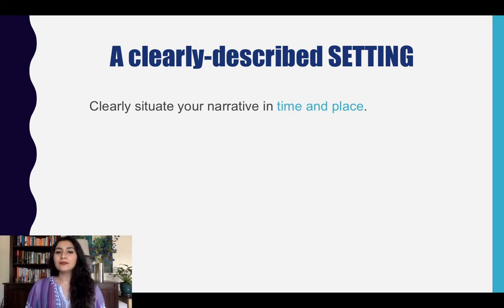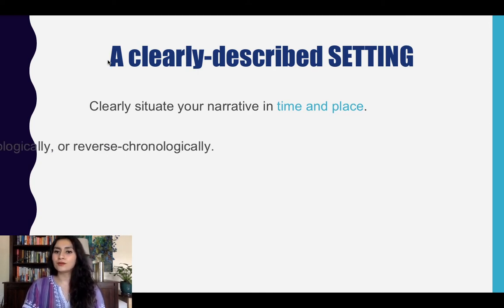Now, remember that you could be writing your story, an essay about a contemporary American event set in a contemporary American place. But again, you might be writing about the future. You might be setting your story on a planet in 2050 that has been colonized by humans and terraformed. You might also be writing about a time traveler who goes back in time and finds himself in the Cretaceous or the Jurassic period surrounded by dinosaurs. So, whatever your time and place, make sure that you specify it for your reader so that your reader is